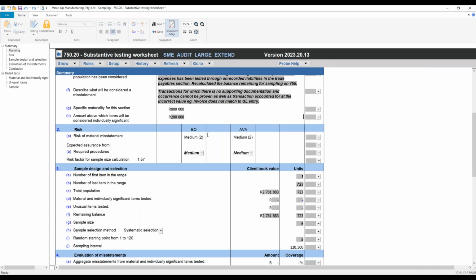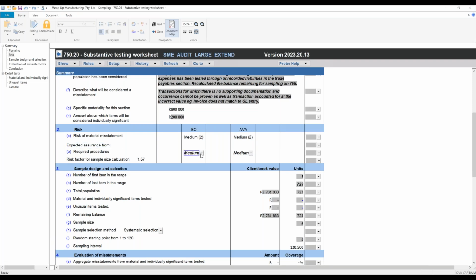And then in determining how big our sample size is going to be, we need to document our expected assurance from other work that's going to be done. So this is sampling. Then the sheet will automatically activate a line for each of the other types of procedures we've activated. In this case, we've only activated required procedures. But if you did have extended analytical, extended test of detail, any of those, even control testing, there would be a line in there to say what assurance you expect from each of those